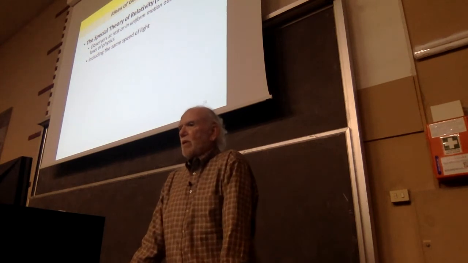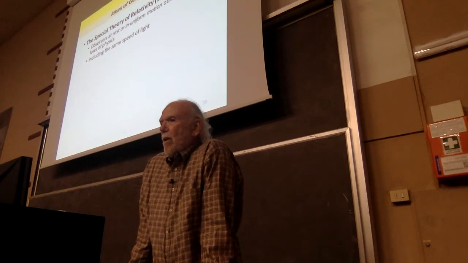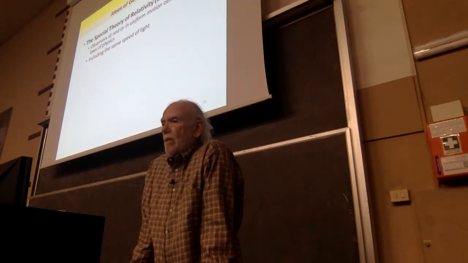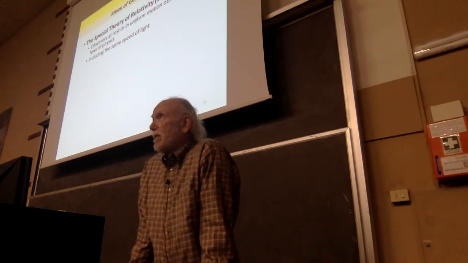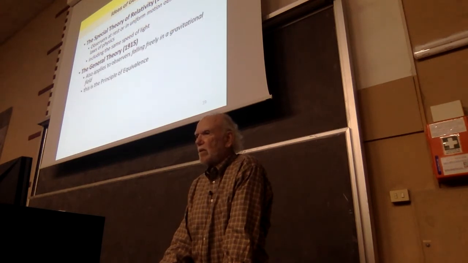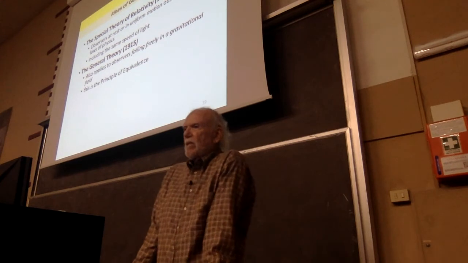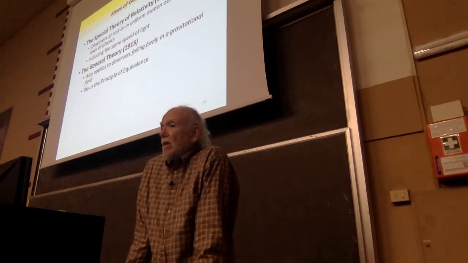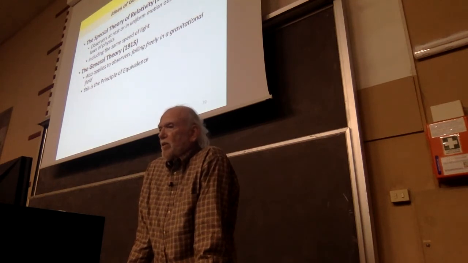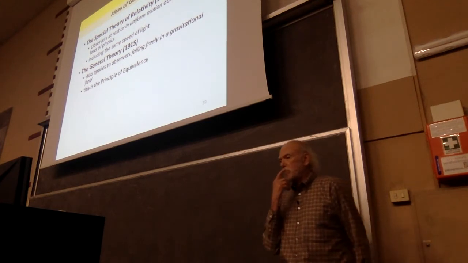In the special theory of relativity, an observer at rest or in uniform motion observes the same laws of physics, including the same speed of light. In general relativity, it also applies to observers falling freely in a gravitational field, that they see the same thing. This is an important concept. I'll show you the evidence in a minute qualitatively. This is called the principle of equivalence.